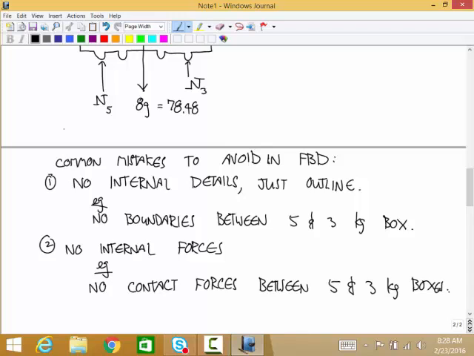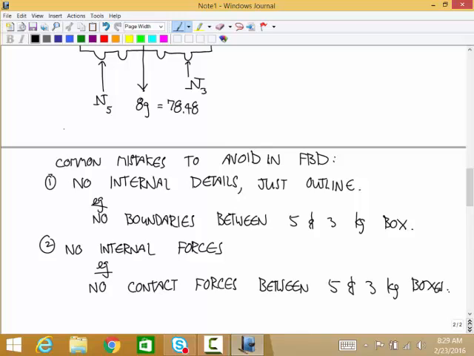Those are real forces, and if we isolated, say, the 5 kilogram box, which we're going to do next, then you do have to deal with the contact force with the 3. But the reason this boundary is such a key thing is because any forces happening between things inside the boundary, they don't matter to us. All we care about are the forces applied to our chosen system by the outside world.